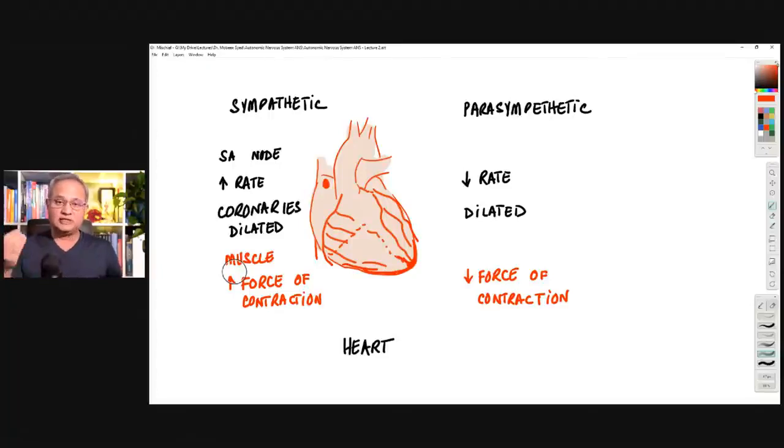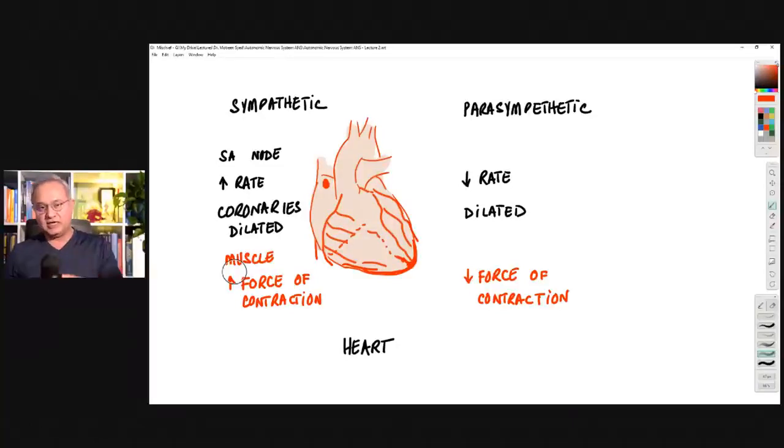This can also increase if we have a heart that is more relaxed and fills more and has more fluid or blood in it, then it would contract with force as well to push that blood out, and that would also be a palpitation. But under the sympathetic system, the palpitations are because, one, the heart rate is increased, and number two, force of contraction is increased. So the heart is going boom, boom, boom, and you can feel it. Palpitation is when you can feel your heart rate or your heartbeats.